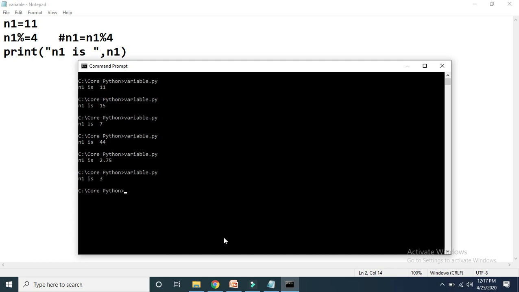We have got output 3, because initially n1 is 11, and then we have written the statement n1 modulus assignment 4. Its meaning is n1 is equal to n1 mod 4. We know that it is 3 because 11 divided by 4, the quotient will be 2 and the remainder will be 3. So in the case of modulus, the remainder will get stored in n1. So the new n1 we have got is 3.